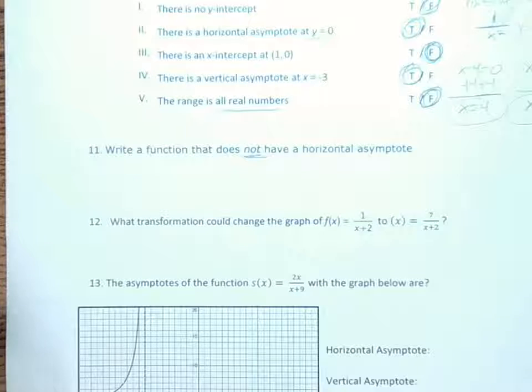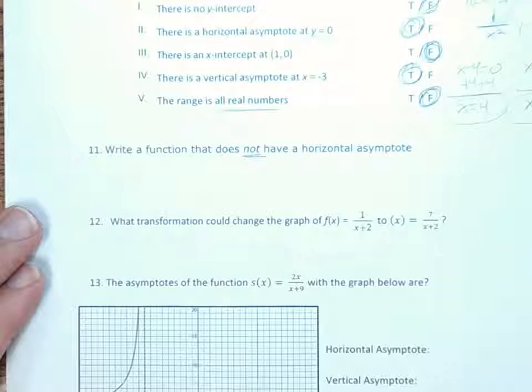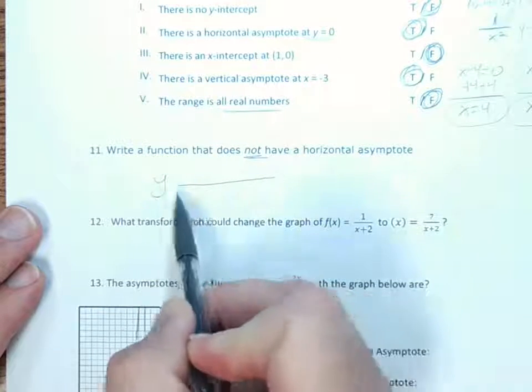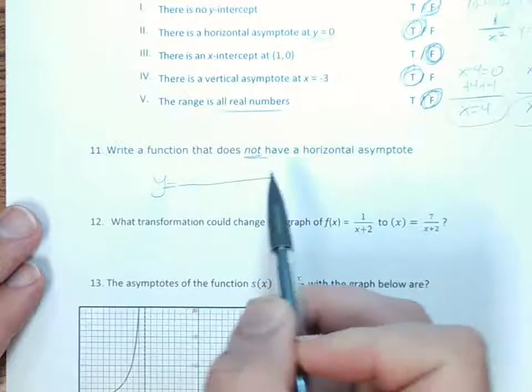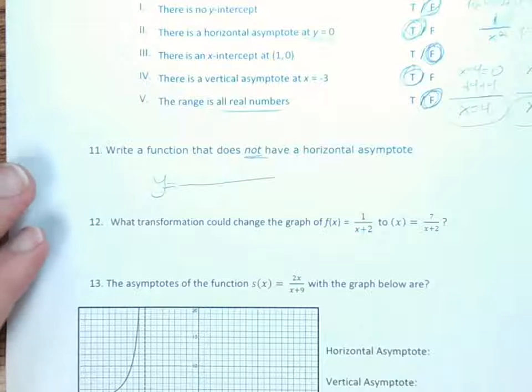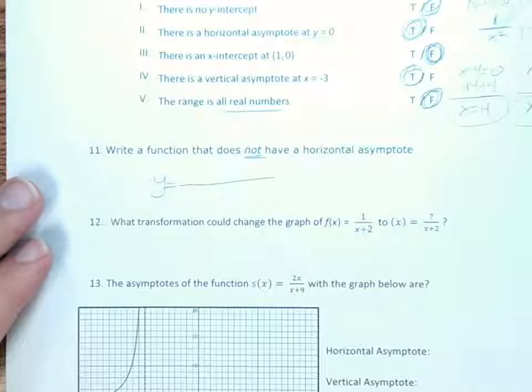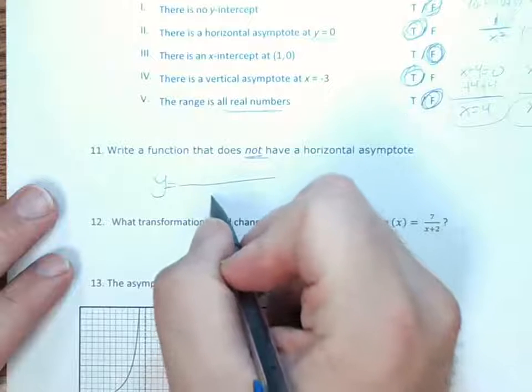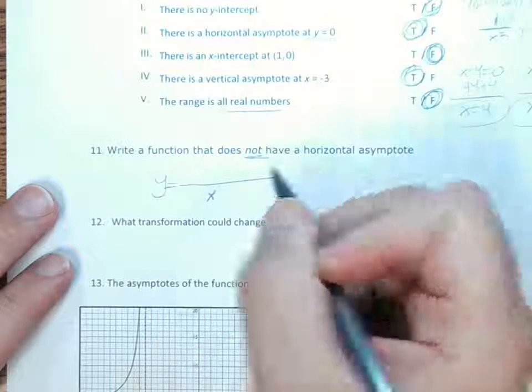Now you remember, we would usually compare the degree of the numerator and the degree of the denominator, and we would have to establish that the degree of the numerator is larger. So how do we make the degree in the numerator larger than the degree in the denominator? The answer is there must be more factors with an x in them on the top than on the bottom. Now you must have at least one factor on the bottom with an x in it